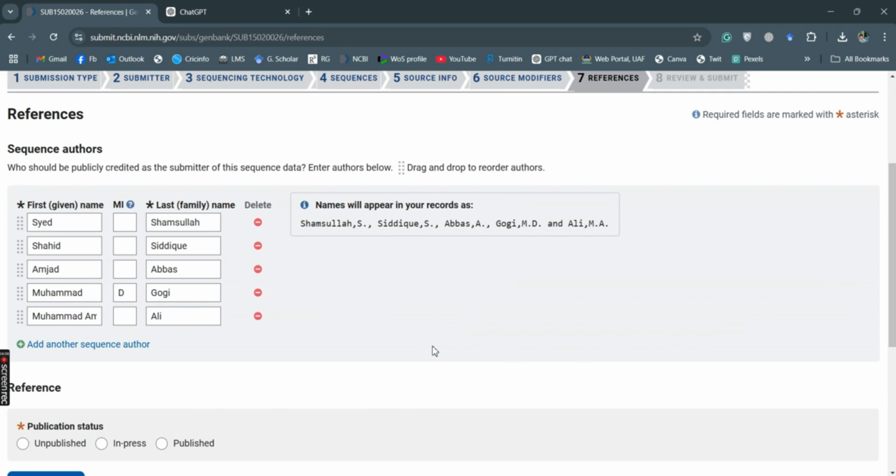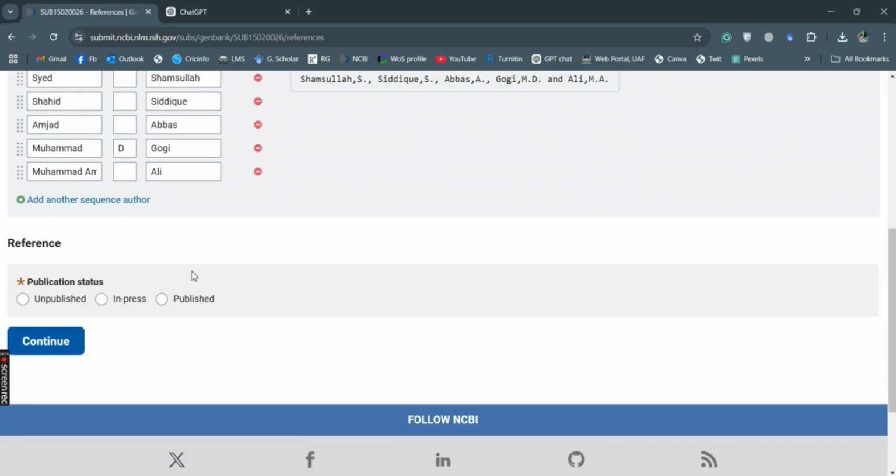So we have added all the names of the scientists, and then, because this data is still unpublished, we